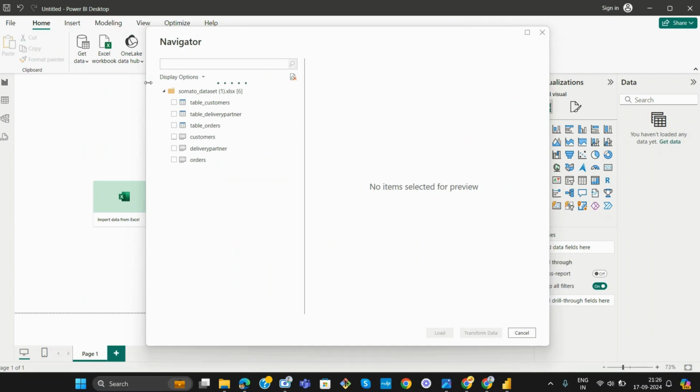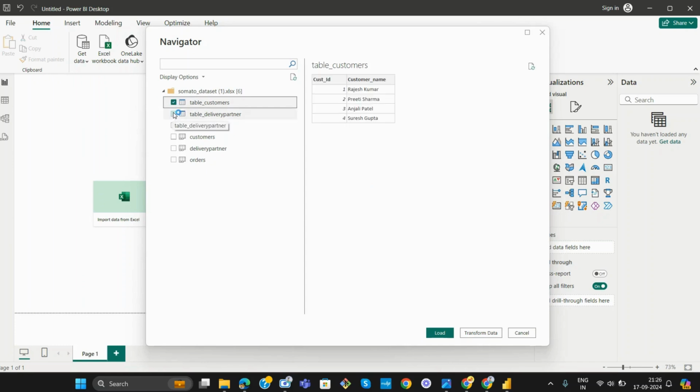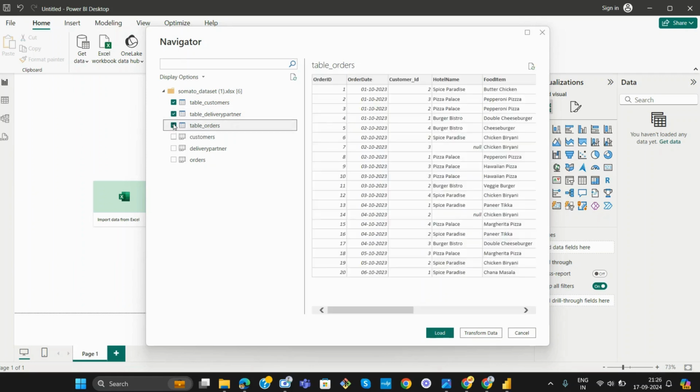Okay, so now I'm going to import this data into my Power BI. This is actually a set of tables. This is my delivery company dataset, guys, a food delivery company dataset. I selected three tables over here. You can select even one after another, but I'm selecting multiple tables at one time.